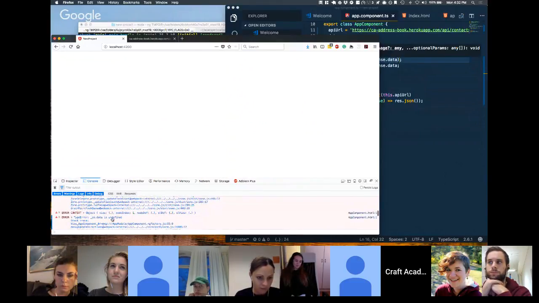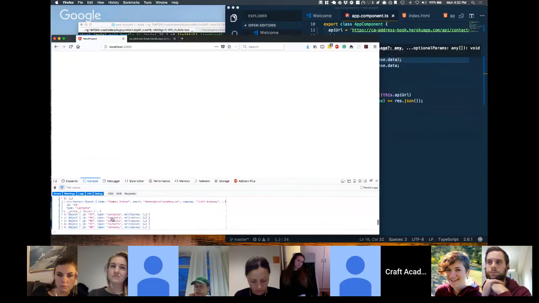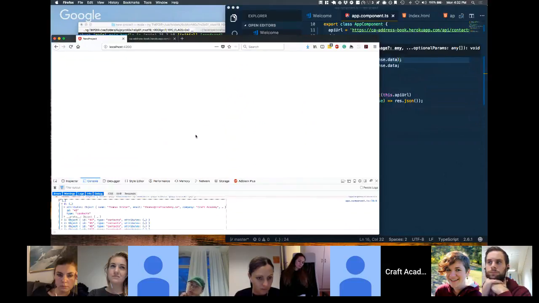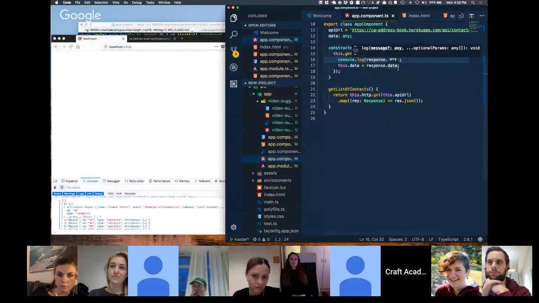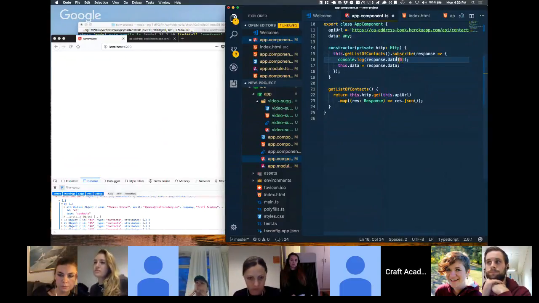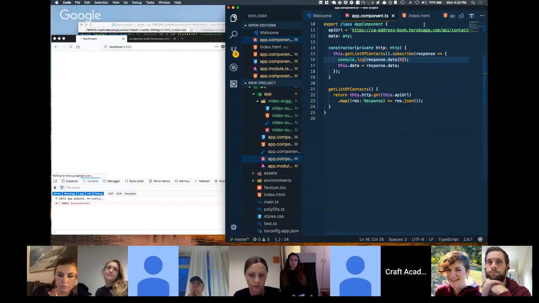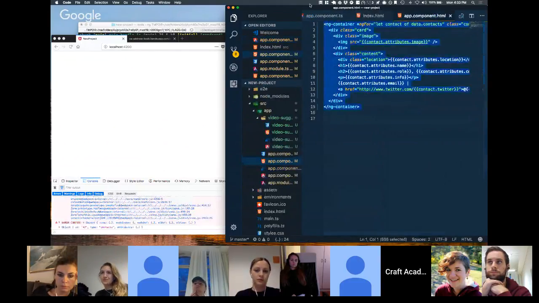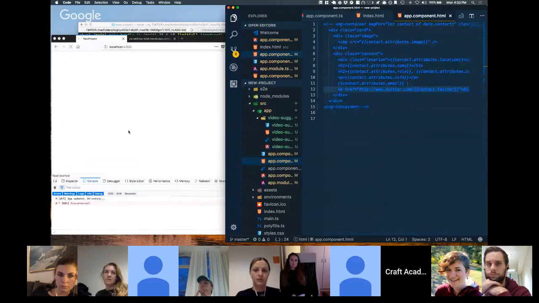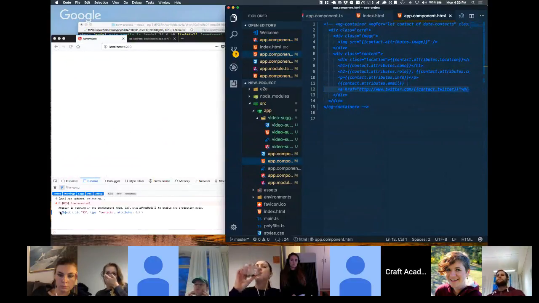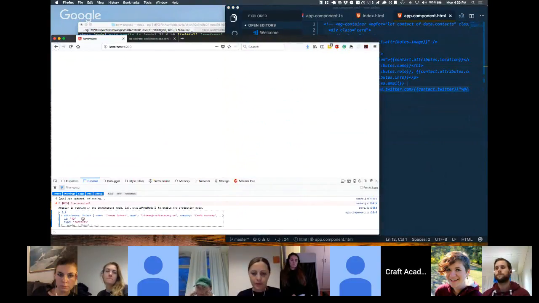So data is undefined. Okay. Right, so we have data. Let's print the first one. I'm going to comment out this view for now. Let's see what we get. Okay, we get an object that has some attributes in it. So we should be able to print